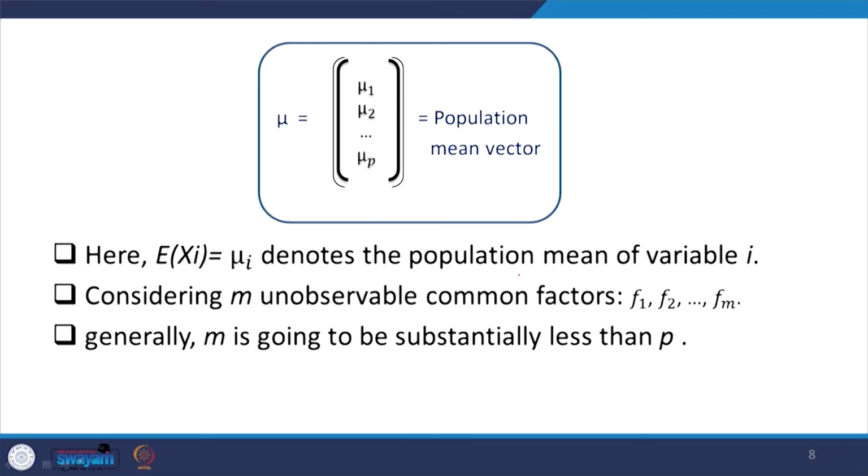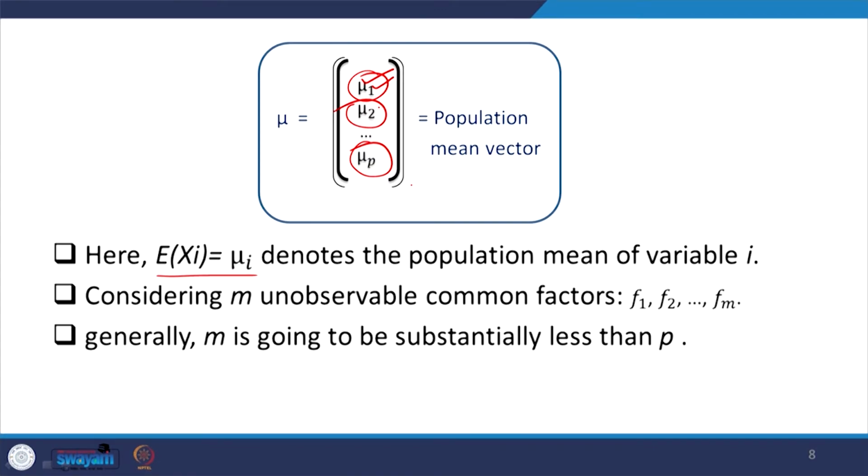Let us understand a bit about the population mean vector. It is distributed over a vector of information: for the first explanatory variable it is mu1, then for the second explanatory variable x2 it is mu2, that is the average mean of the population for the x2 type of variables, and so on up to mu p for the pth information of independent variables, that is xi. So, the expected value of xi is denoted by mu i. So, mu i stands for mu1 or mu2 or mu p, the population mean.